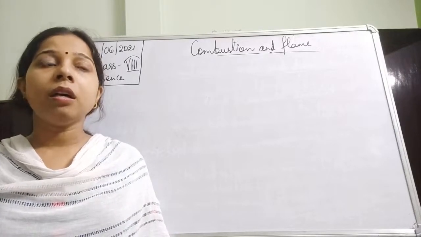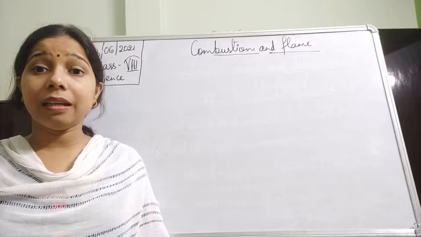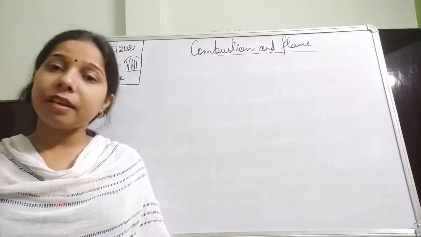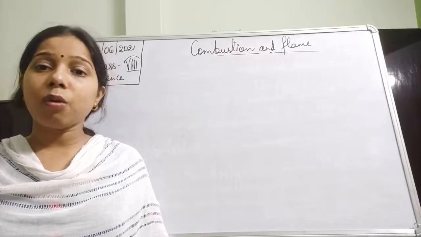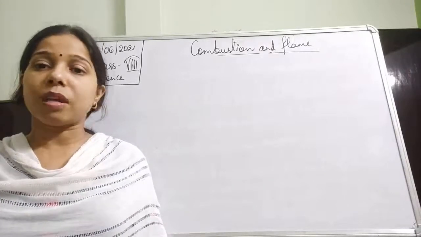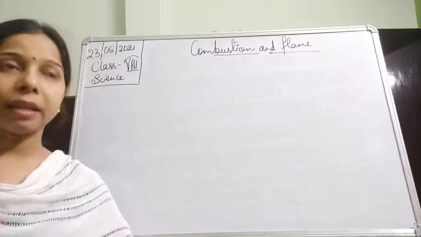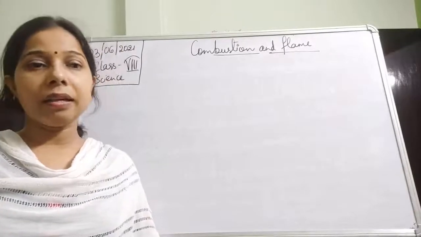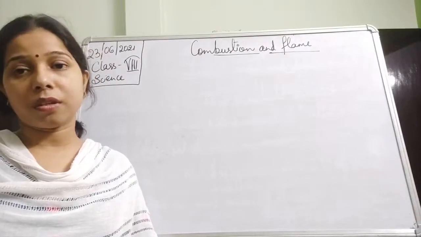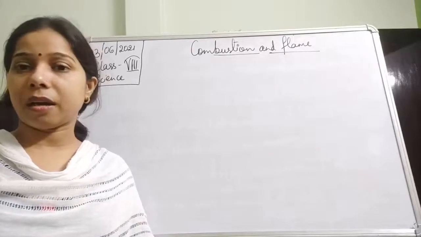In the case of the middle zone, students, partial combustion will take place. It means an incomplete combustion takes place due to the lesser amount of oxygen present there. And if less oxygen is there, the yellow color of the flame is seen by us, and yellow is brighter, so that is why it is a luminous flame. Now since the amount of oxygen is less, partial combustion will take place, and finally it will leave some residue, and that residue is in the form of soot. So we can say that in the middle zone, residue is left behind.